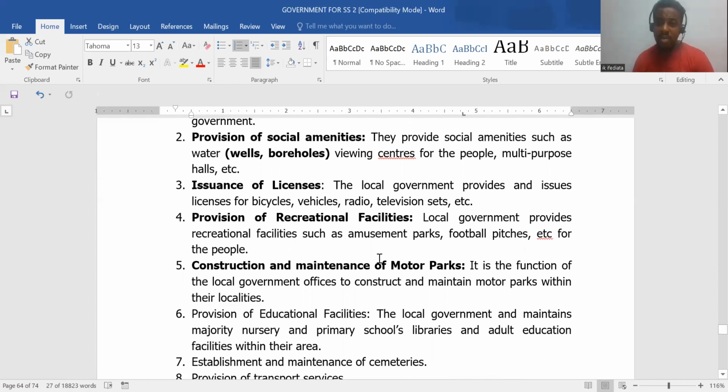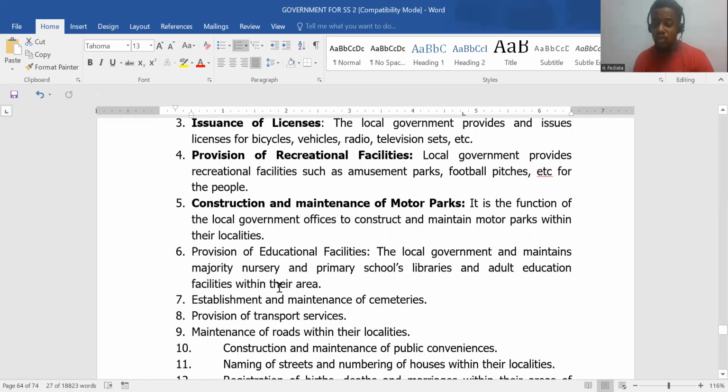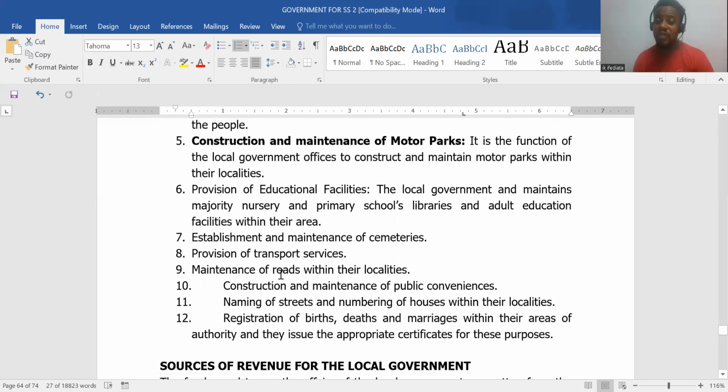Even though in Nigeria you may not notice some of these things, out there you will see them most often. Now, they provide educational facilities: nursery schools, primary schools, libraries. Local government provides and equips them. They establish and maintain cemeteries, and provide transport services, maybe interstate,